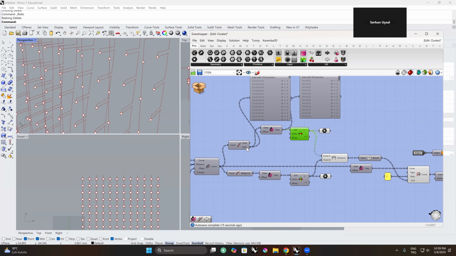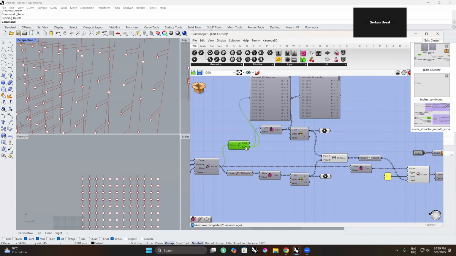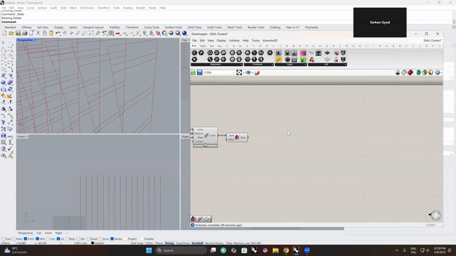Yeah, I don't think it will work because we need to actually get this one end of the curve. So we're not interested in the start part. So yeah, let's stick by the original